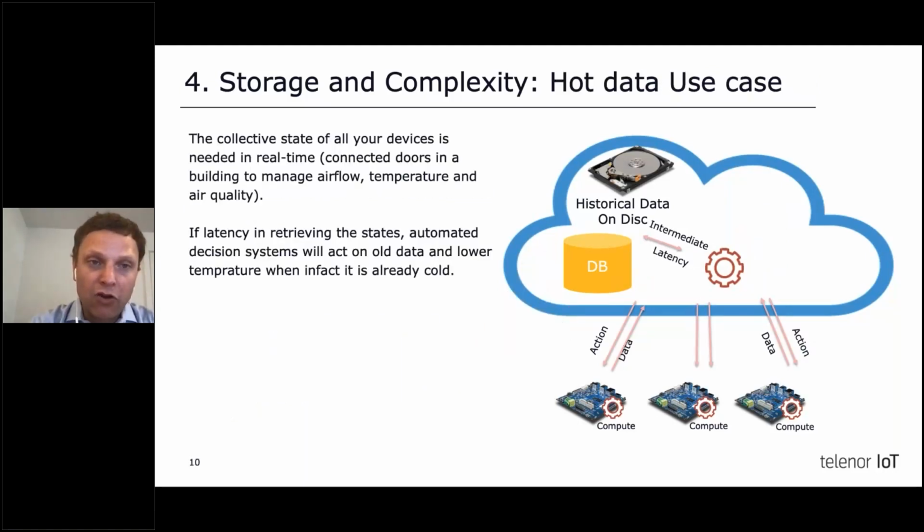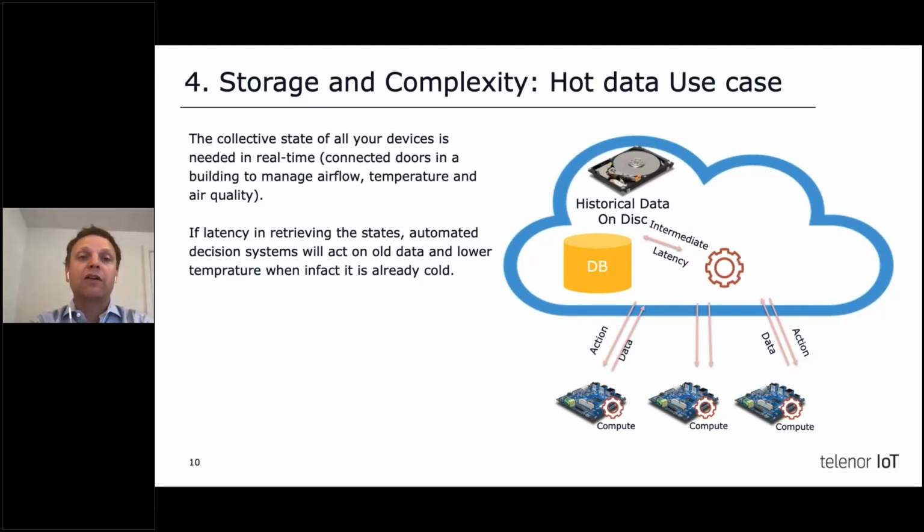However, if you have the hot data case, for instance a building where you have connected doors that are measured as open or closed, windows that you know are open or closed, ventilation with airflow measures and sensors, temperature, air quality, stuff like that. You have indoor doors that you know are open or closed, so you can measure everything about the air quality and airflow. And if you want to compensate if someone leaves a window open or a door is open during